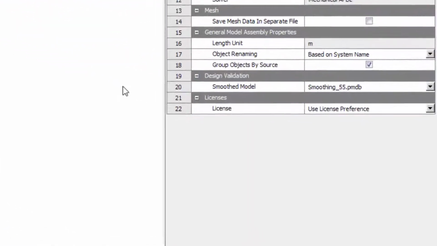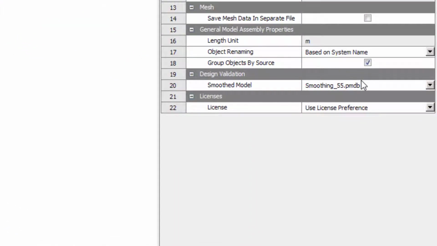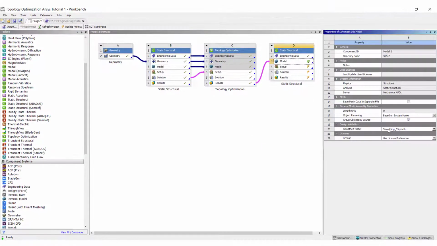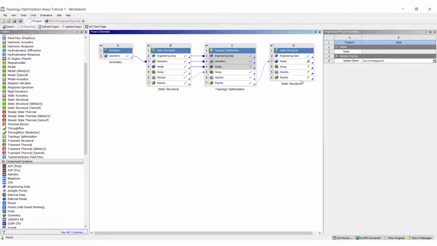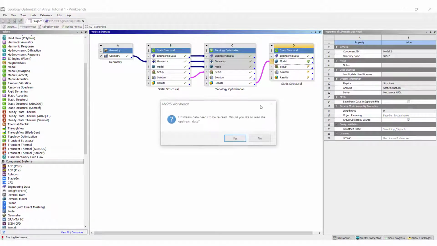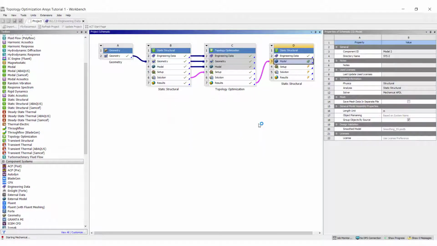In the properties of the model validation system, you can select any smoothed model if you have exported multiple smoothed models. In this case, I have only one. Right click on the model and select edit. Select yes in this pop-up window.